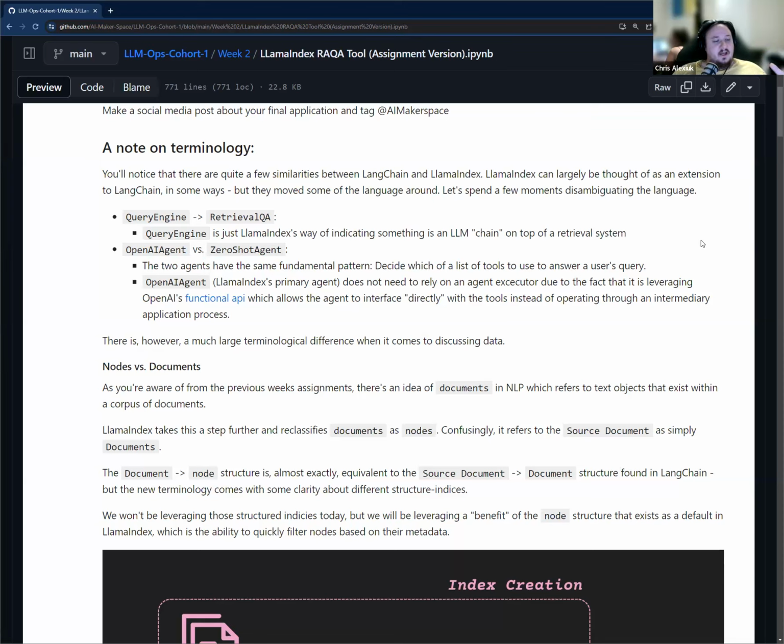A really fundamental piece of the puzzle here for agents, as we discussed last time, is the reason and act framework. They reason about something, then they take an action. When we use that paradigm, the main reason for it is just to be able to take an action, and that involves executing some kind of script or Python code. When we're using the OpenAI agent, we get to ignore that act part a little bit, because the OpenAI agent is capable of making the decision on which tool to use and then returning us a function call to the tool. So instead of having to do parsing or extra steps, we're just going to go straight through OpenAI's